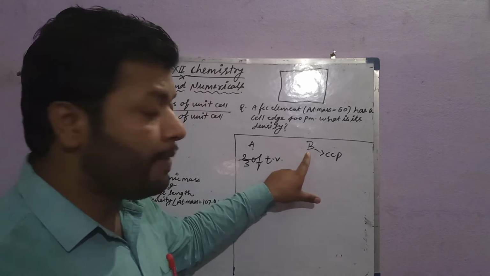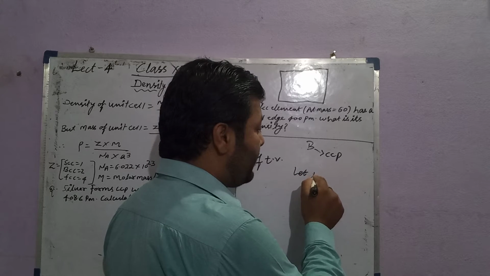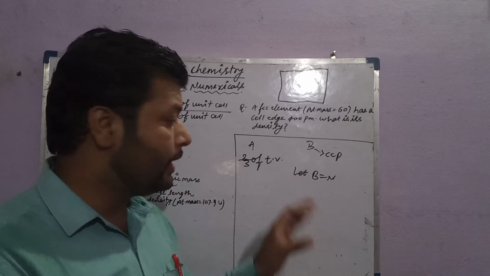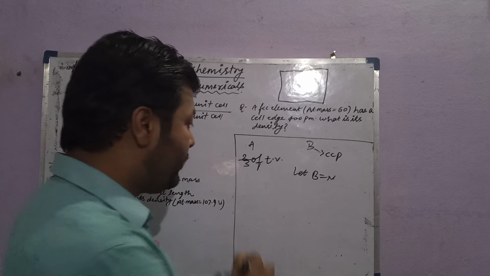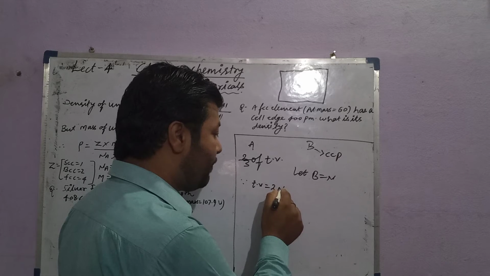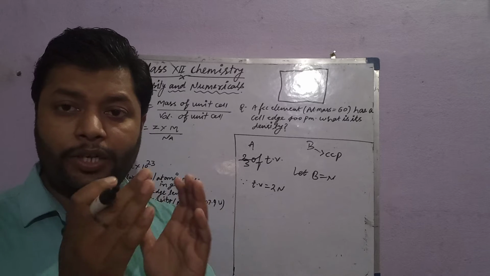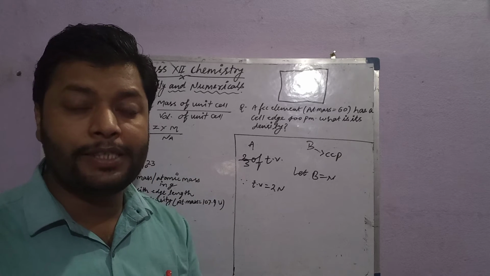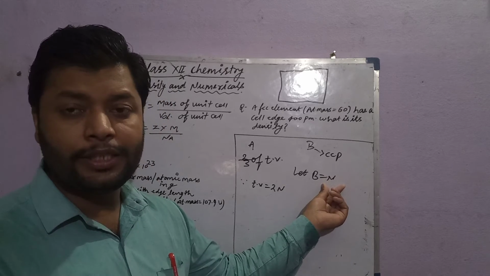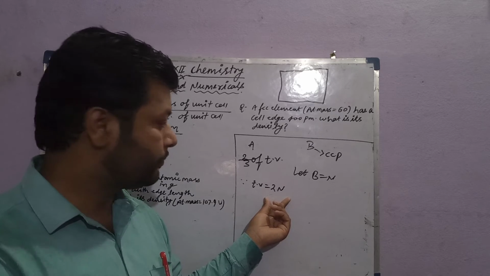Okay, fine. Element B forms CCP, so let element B equal n. The number of particles which form CCP, let it be n, and we know that tetrahedral voids are twice the number of particles per unit cell. In the last lecture we discussed that tetrahedral voids are double the number of particles in any unit cell. So if the unit cell has n particles, the tetrahedral voids must be twice that, so that is 2n.